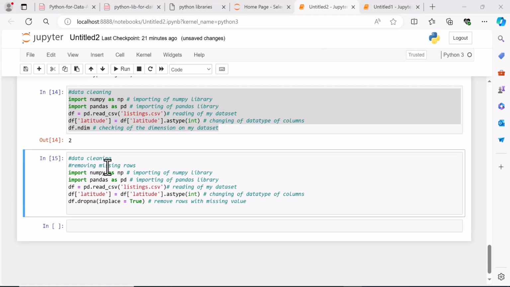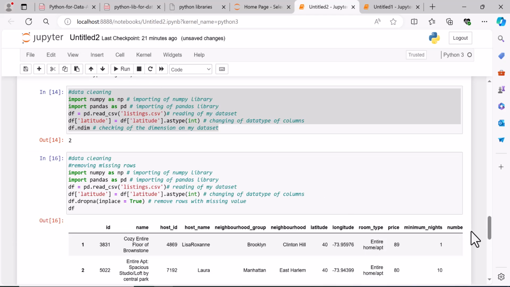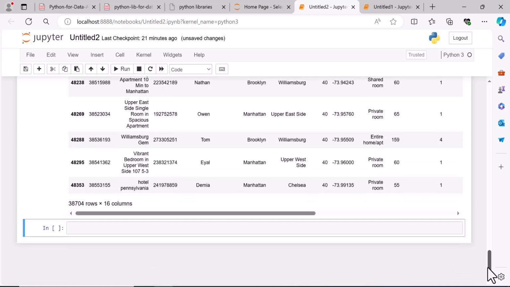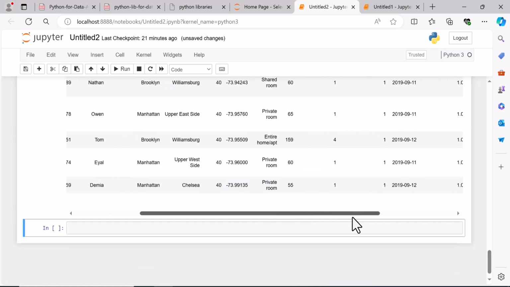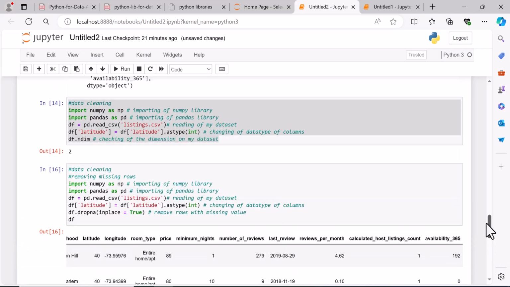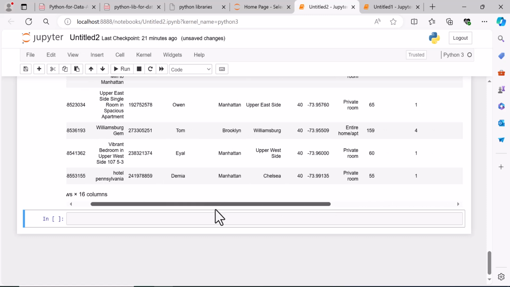Sorry, we have not asked it to print, so let's run it now. Yeah, run. All right, so if you check, you're supposed to see the missing rows gone now. Let's check. You notice those NA we were seeing, they're not there again. All right, so that is how to remove